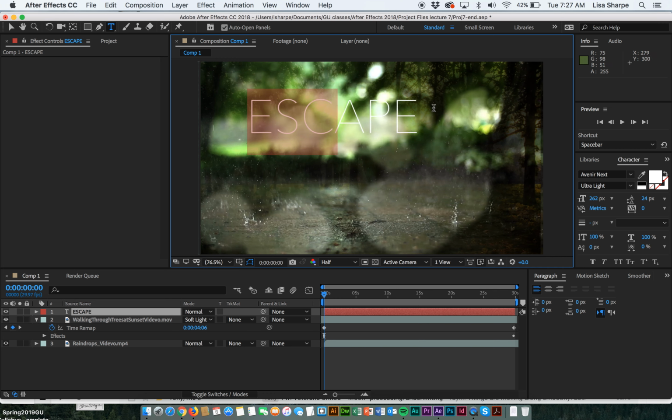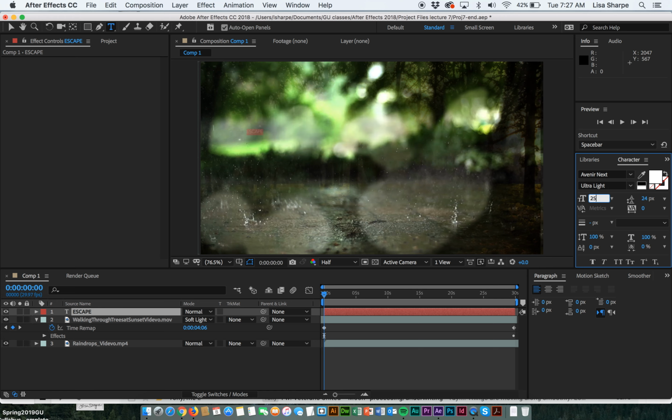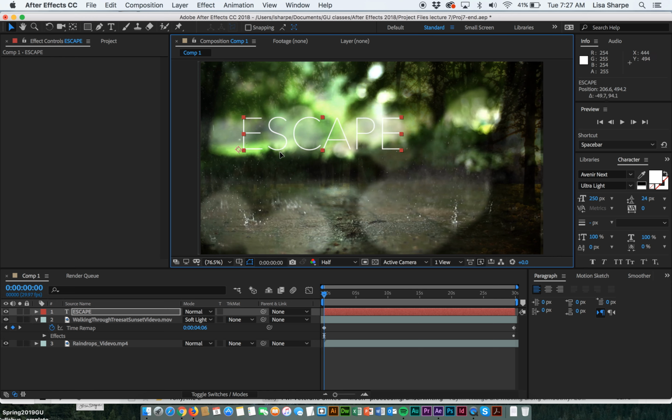All right, so there's the word escape. It's 262 points, which I think is about right. I'm going to make it an even 250. Looks like everything else in the type is right for right now. So I'm going to use the Move tool or V. Okay, so now I have the type tool. So escape,